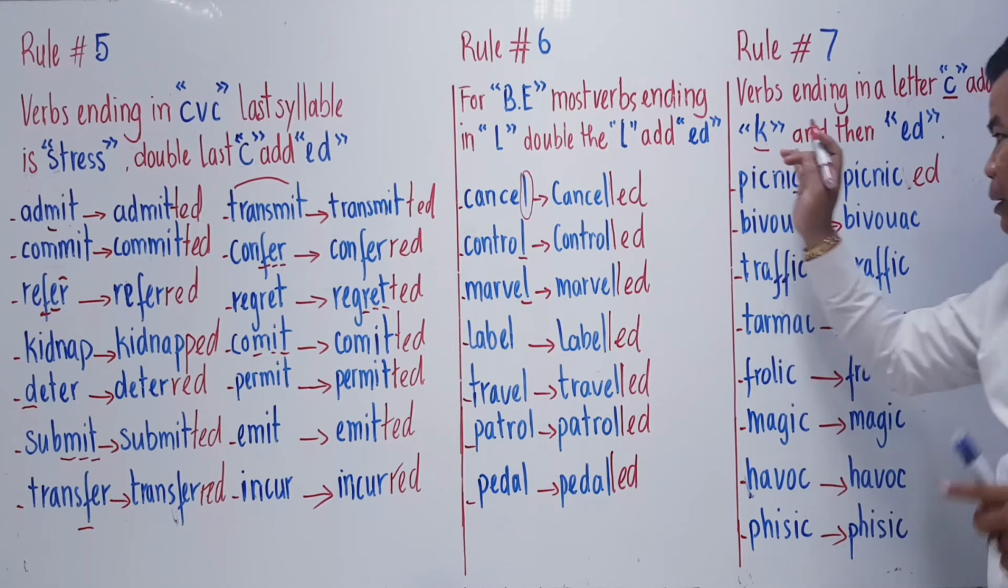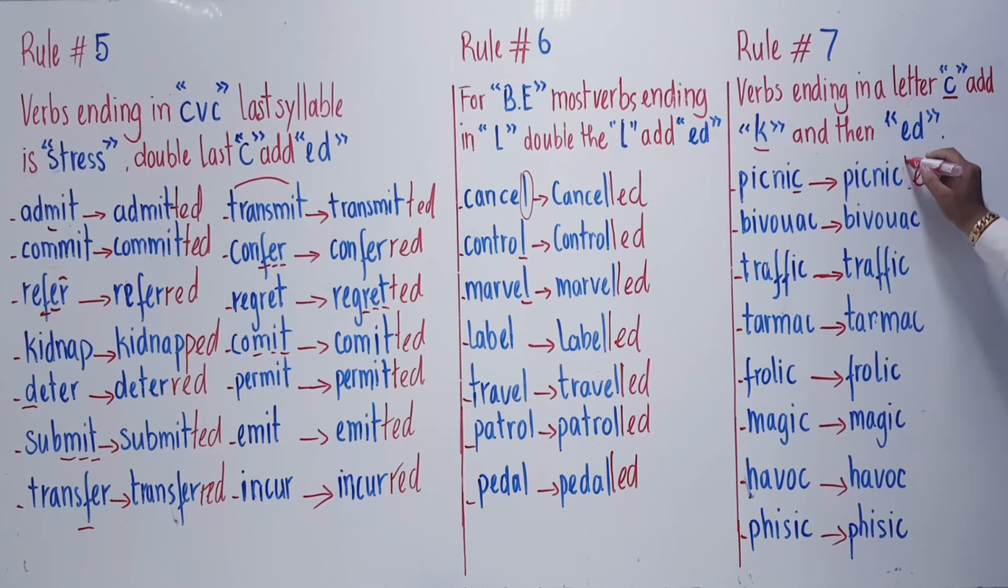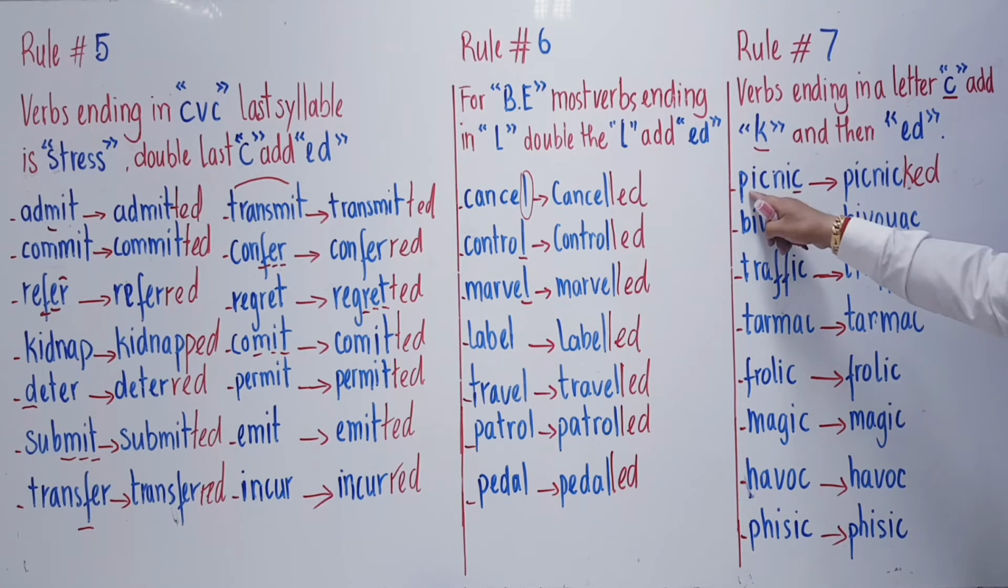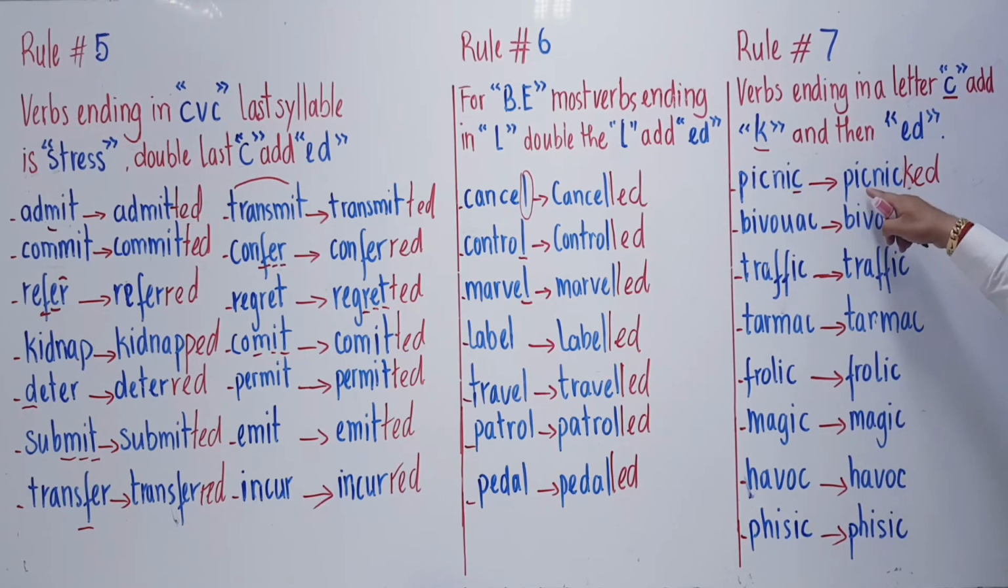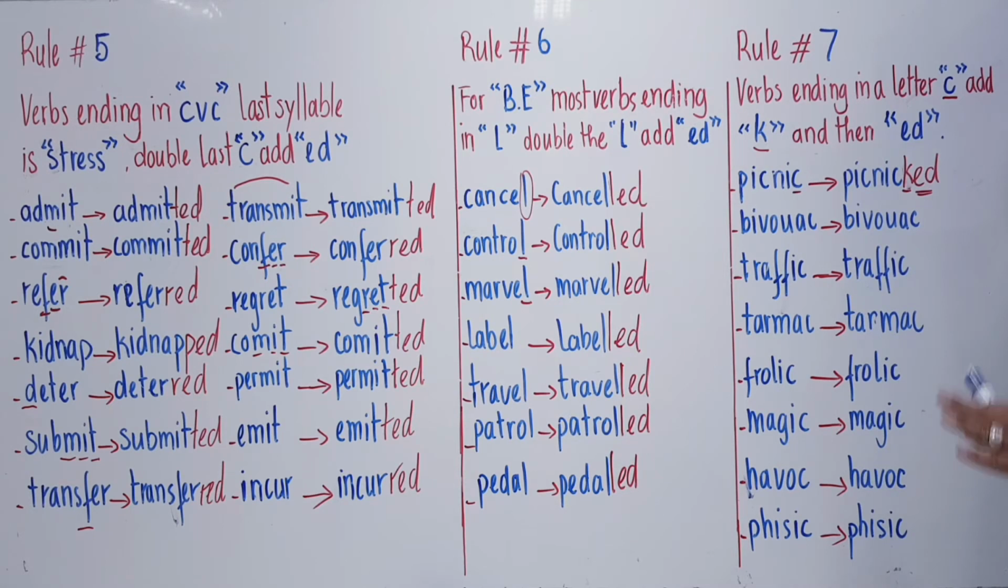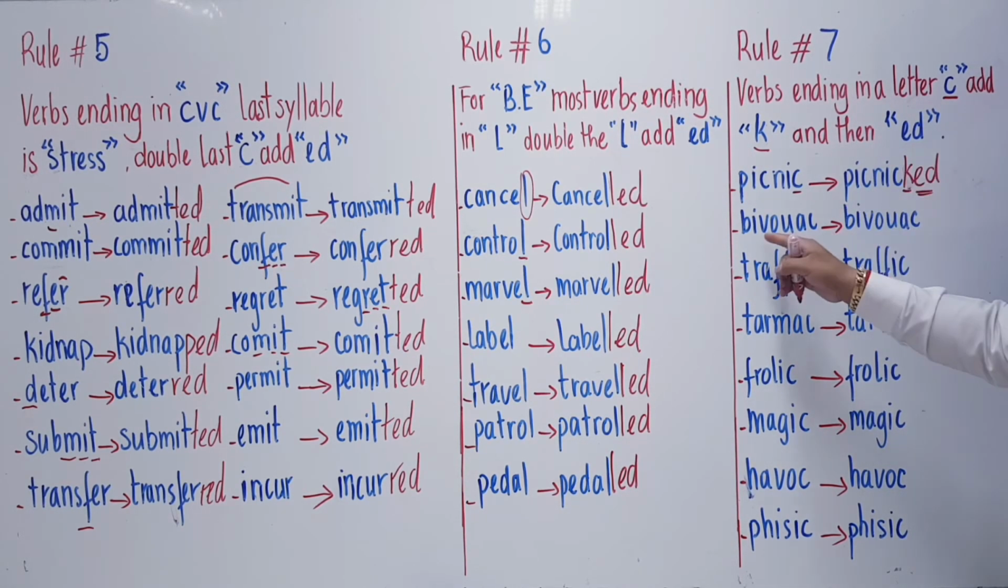Okay? Now let's go. We have to add one more K. So picnic, and then we pronounce picnicked. Okay? Picnicked. Don't forget K and then ED. You don't need to understand, you need to remember, alright? Let's go to the second example. Okay, bivouac,